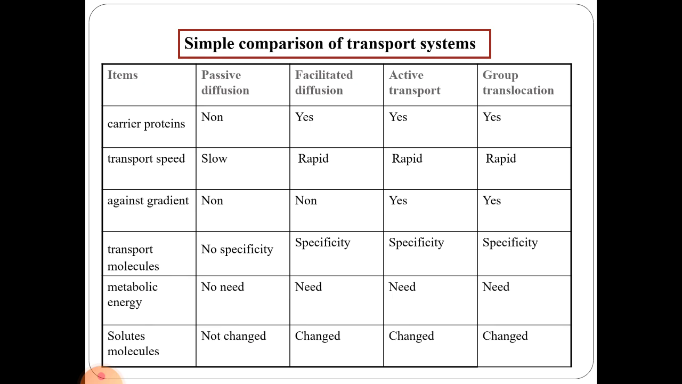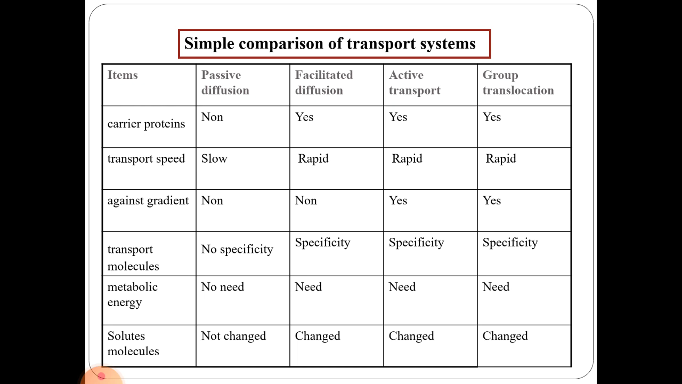Now let us see a simple comparison of all the four transport systems. Carrier proteins are absent in passive diffusion, present in facilitated, active and group translocation. The transport speed is slow in passive diffusion while it is rapid in facilitated, active and group translocation. The movement of molecules is against concentration gradient in active and group translocation, while it is along concentration gradient in passive and facilitated diffusion. The transport of molecules is non-specific in passive diffusion and specific in facilitated, active and group